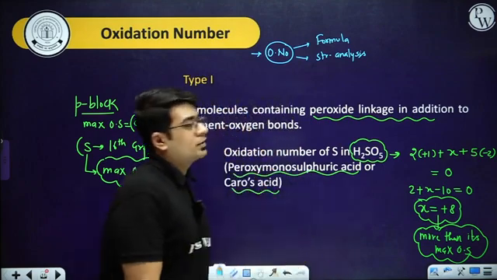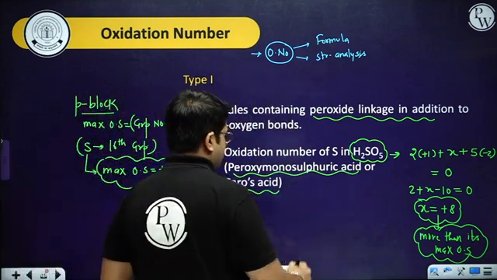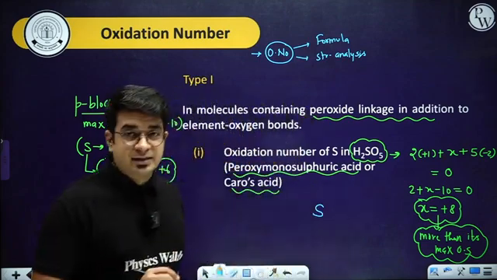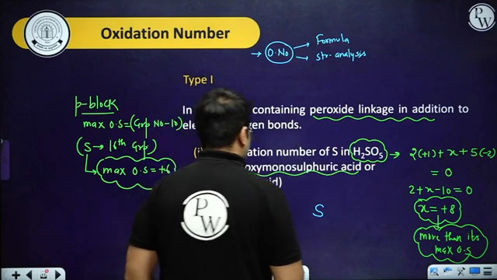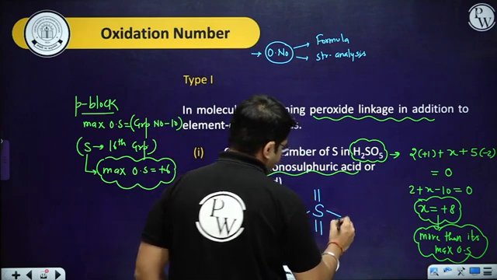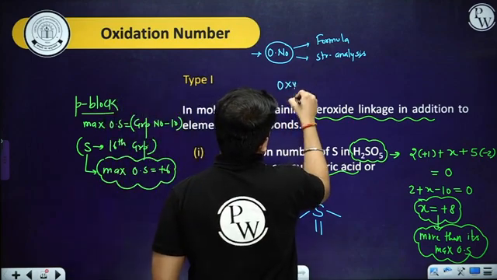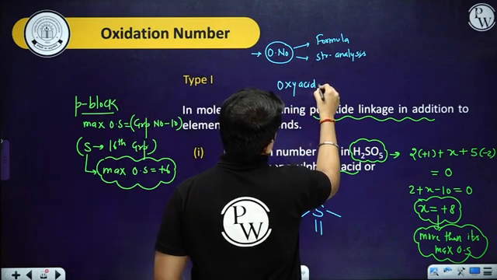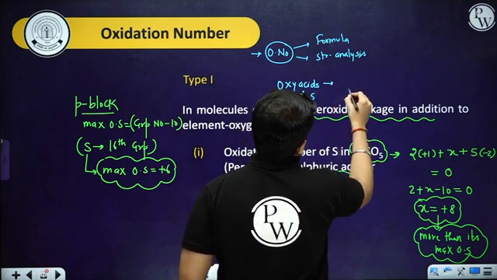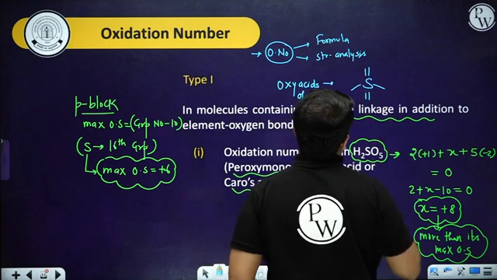Okay, so these are two methods by which you can talk about the entire calculation. In this particular case, the structure or basic skeleton of sulfur oxy acids is very easy. Always remember, I am just giving you a basic skeleton: double bond, single and single. So if I talk about the oxy acids or oxo acids of sulfur, the basic skeleton will be like this: double bond, single and single.